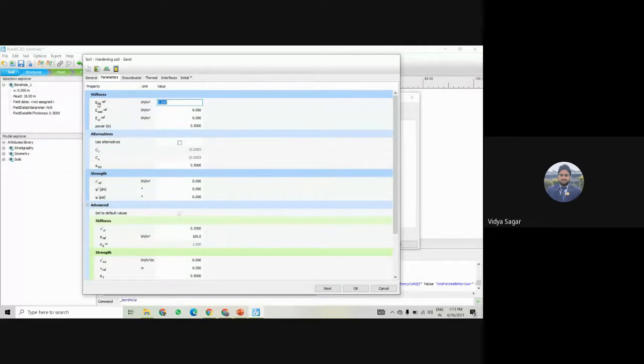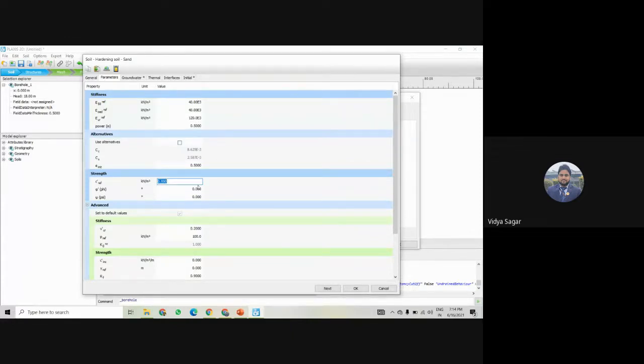Here this is the stiffness in standard drained triaxial test, E50 reference, which is 4E4, and the other things I think will be automatically filled correctly. So this is also filled. This is the power m, which is 0.5, the power of stress level dependency of the stiffness.